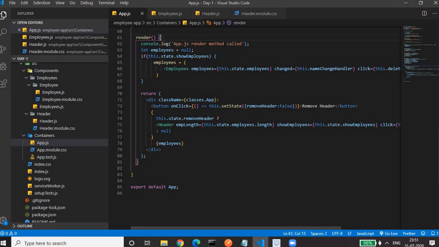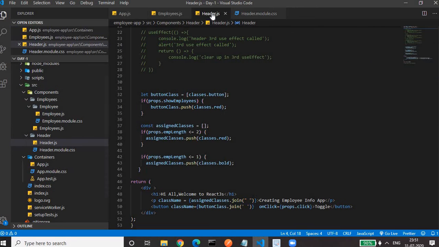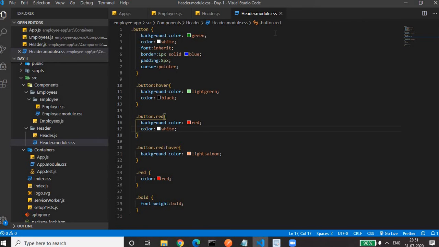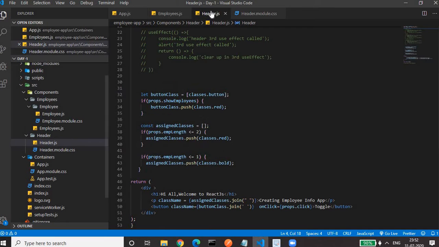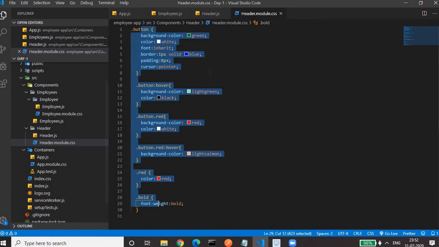So clear, right? So this is the structure that I have changed, and even for the header.js file, I have created the header.module.css, and these are the CSS that we need to apply to this button and to the p element. These are the CSS which was written earlier in the app.css file.